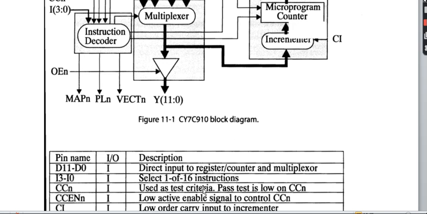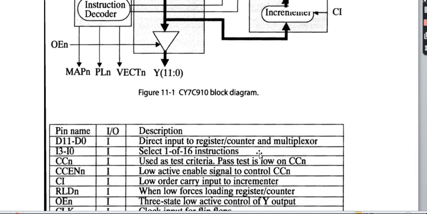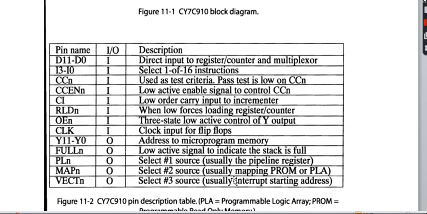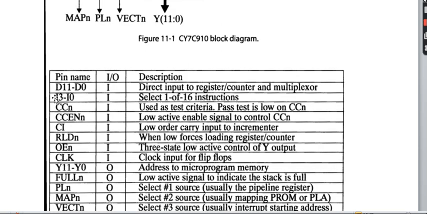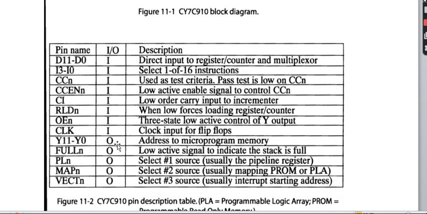This is called partitioning and description, the first two topics of your design description and design partition. You have to tell all the pins. So D0 to D11 all go directly to the register mux. Then select lines I0 to I4 select the mux. You have to explain all this.